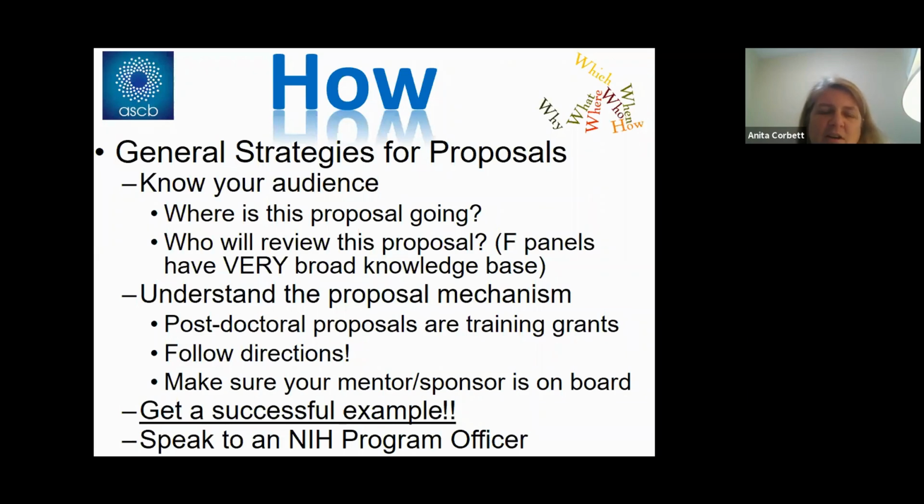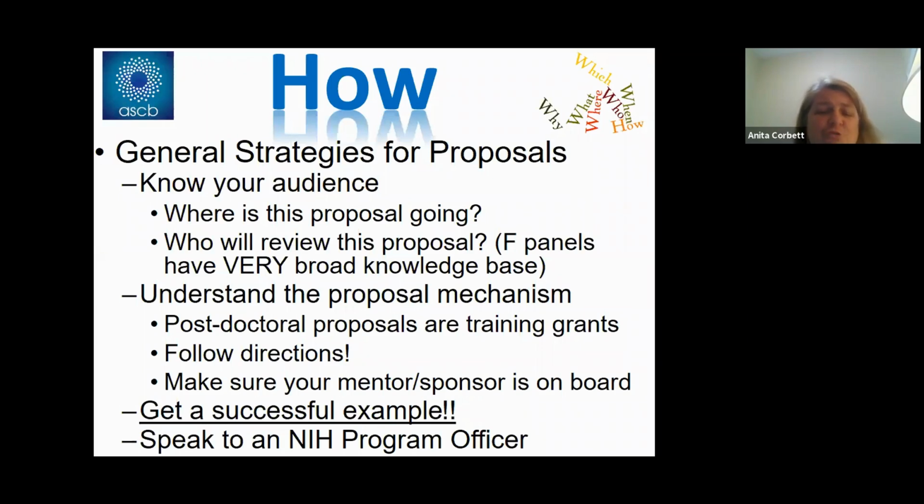And I'll give you a slide in just a minute that illustrates some of these other pieces, or gives you a list. One that seems like a complete no-brainer, but follow the directions. There are lots and lots of very specific directions, and the very first step is just being able to follow those directions. That seems easy until you start looking at the detailed directions, because man, there are a lot of them